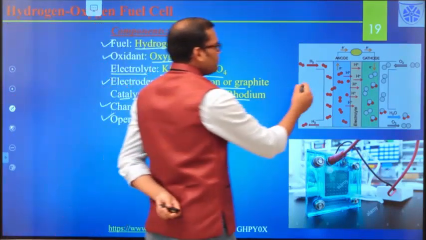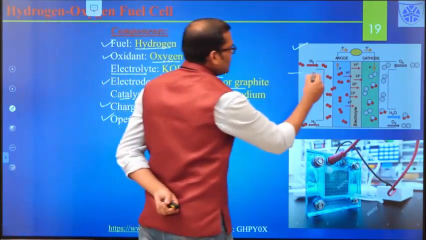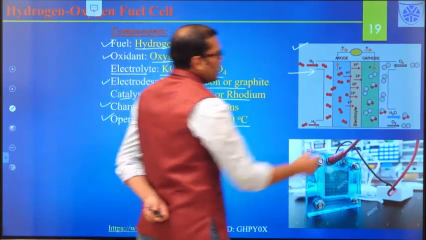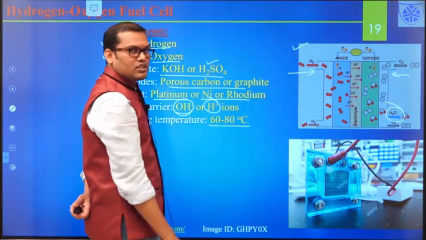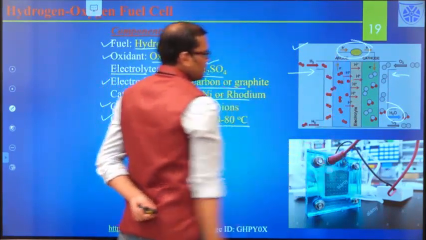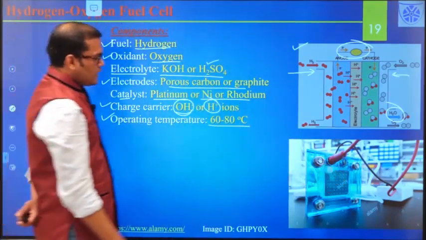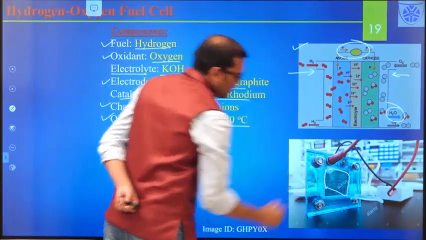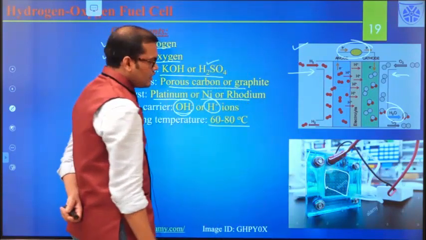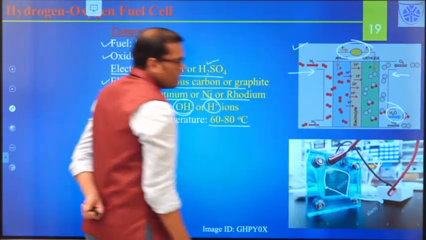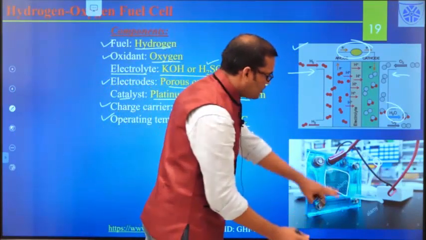Here I have given a schematic representation of the hydrogen oxygen fuel cell. You can see hydrogen is purged at the anode and oxygen is purged at the cathode, and finally you get water as exhaust and you get electricity out. This is one of the real applications. You can see these are the electrodes, and this is the support, and this is where we get the electricity out. These pipes are where you purge the two different gases, hydrogen and oxygen, through each electrode.